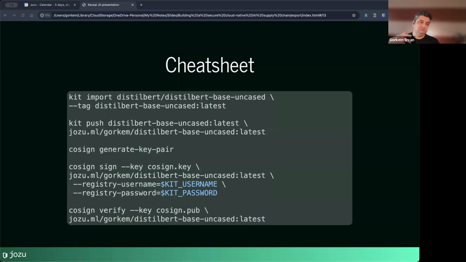It's Kit login and then your registry name, and then it will prompt you for your username and password, or we can pass them as parameters to the login command. With Cosign, you don't need to log in ahead, but it does require a registry username and password when it is pushing the signature to the registry.